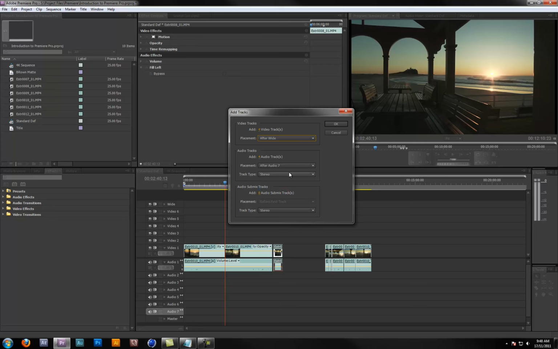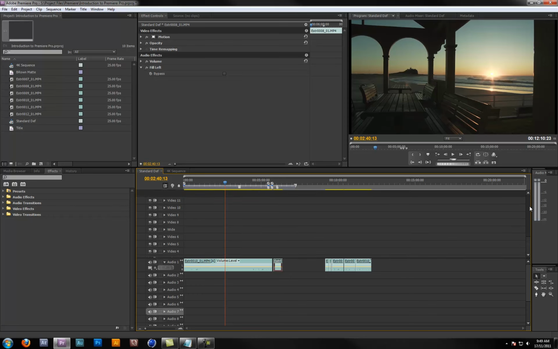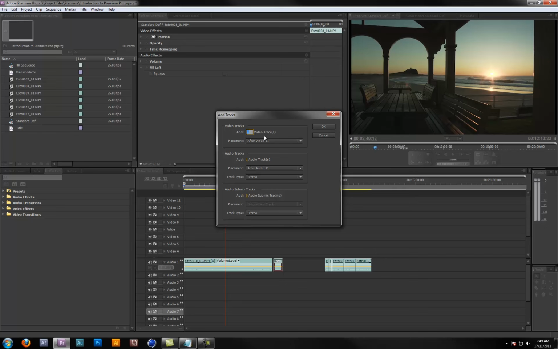Exactly the same for audio too, except for audio you've also got an option between what type of track you'd like it to be. So if you're wanting it to be a mono, stereo, or a surround sound 5.1 channel track, you can do that. In this case, we'll just leave it as those settings, hit OK, and you'll see that we've got more tracks lined up there. Now, I haven't actually hit a limit with how many tracks Premiere can add. Let me see if we can hit a limit. If I try and add 99,